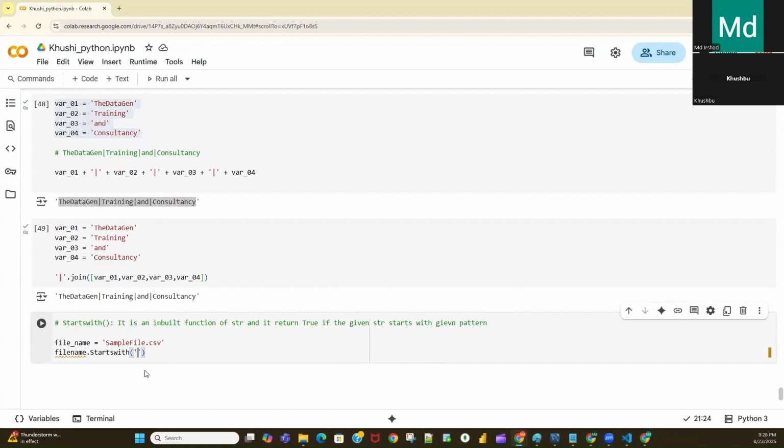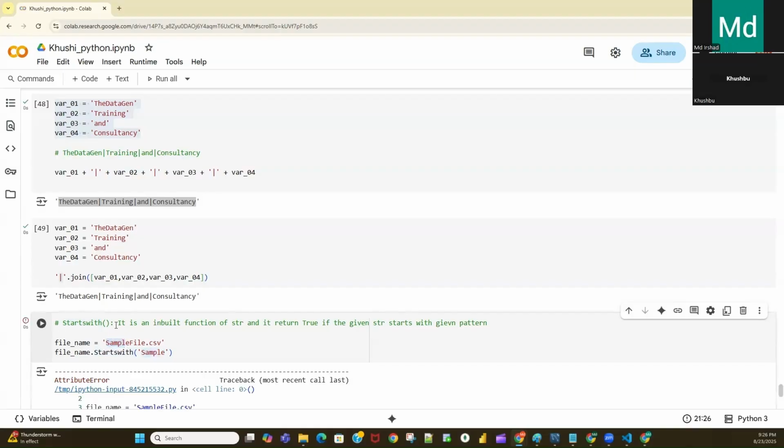So I will pass the pattern sample. File name is my given string. Now this startswith function will return true if this pattern matches the start of this file name.